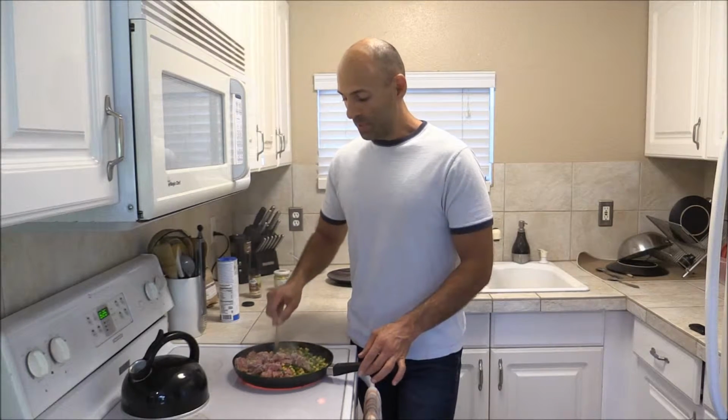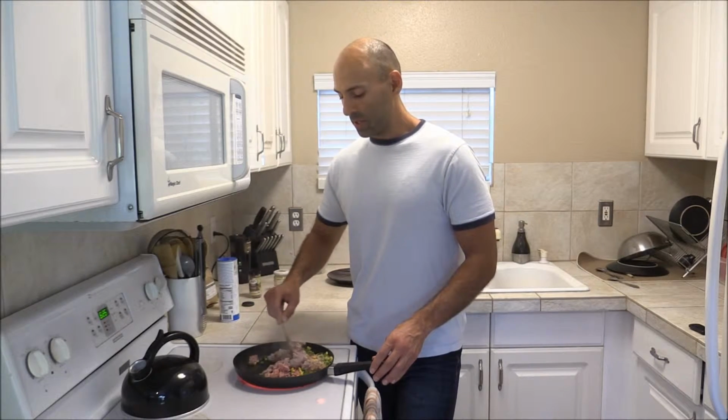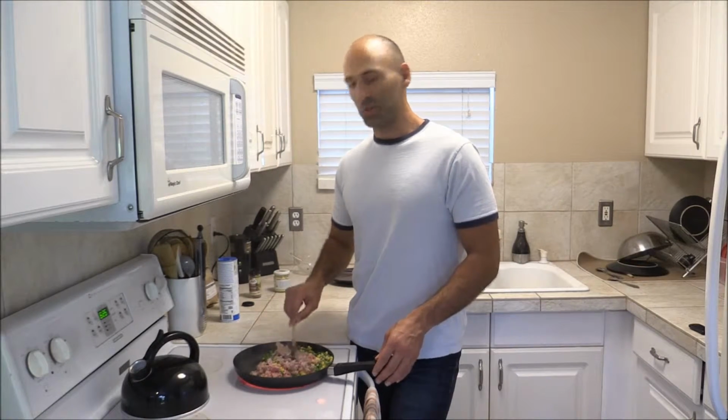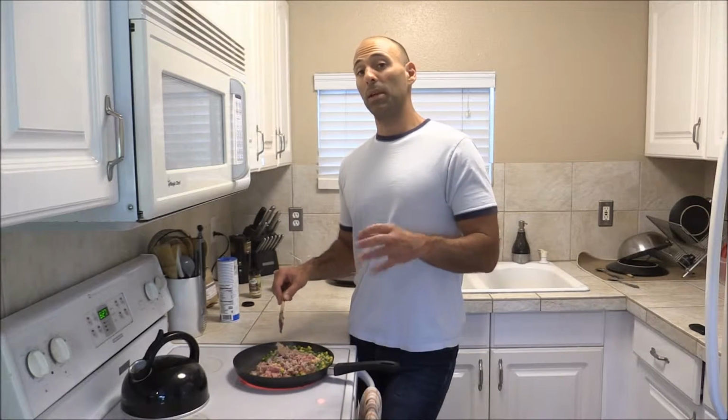And what ends up happening is, this is a relatively lean pork. You want to make sure that when you go ahead and spoon this out, you don't get all the extra fat. The problem with ground meats is it's really easy to sneak in a lot of fats in there, and cooking them in a pan like this and then making sure you drain the fat out is a good way to get all that extra fat